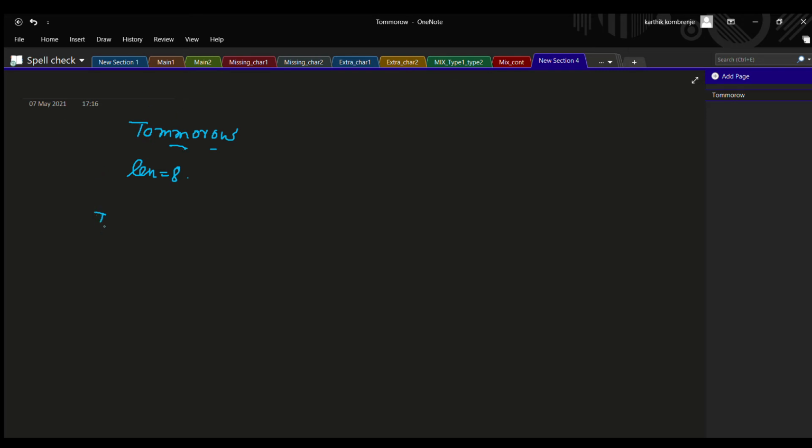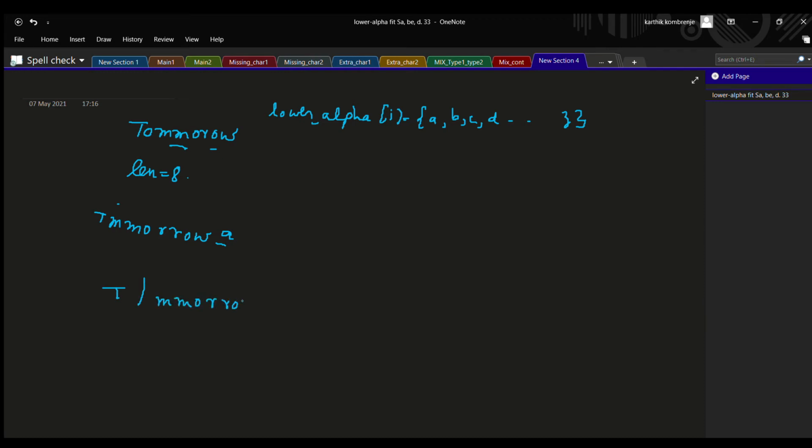So first let me remove O, M, M, O, R, R, O, W. There is one more array which contains all the letters, that is lower_alpha, which contains everything, A, B, C, D, up to Z. I will add lower_alpha[i] to the end of it, and then I will sort this given string as T and MMORROWA. So I will separate these two things.